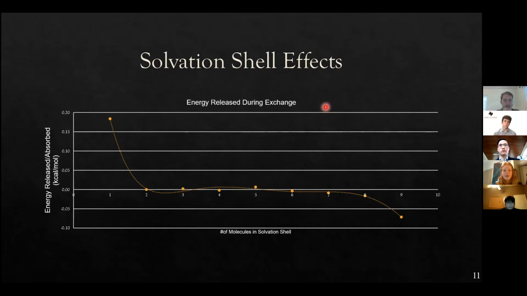So we wanted to see, well, how large does the solvation shell have to be in order for these exchanges to be energetically favorable? We confirmed here that when we only have one molecule, so we don't have a full solvation shell, HDX is going to require energy, so that's why we don't observe it experimentally. It's not favorable, but it actually takes a full solvation shell. Once we get up to 9 molecules, that's when it starts to be an exothermic process. So without that full solvation shell, HDX isn't going to be occurring. This was a confirmation of some experimental work that we had previously seen in the Gallagher lab, but now confirmed with computation.